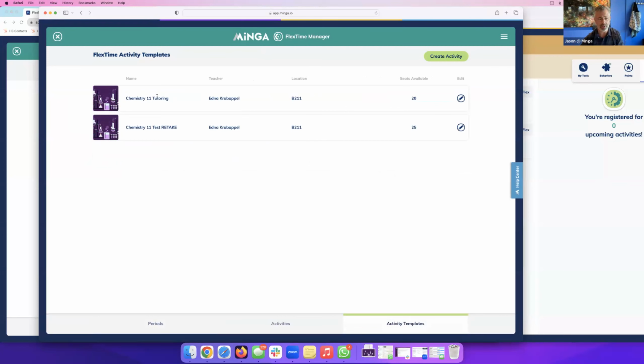In this case, it's not assigned to any particular period. These are just templates that then allow me to very rapidly add these activities to upcoming periods. So I've already created a couple. I've got Ms. Krabappel teaches chemistry. She has a tutoring session